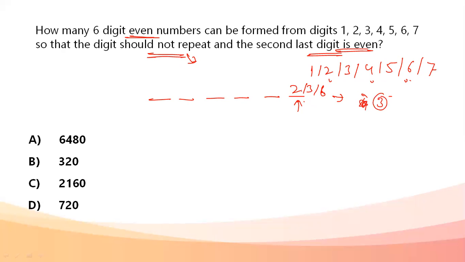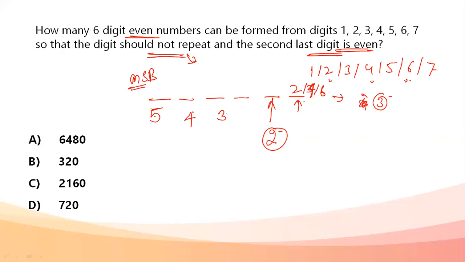Okay, one of them is obviously going to be used here. If one of them gets used, second last place is also even needed. So if one of them gets used here, only options remaining to me are two. So this place, tens space can be filled in two ways. Okay, now out of seven numbers given to me, two are already used. Remaining, if I talk about the first place, the sixth place, the MSB, now we'll start filling from MSB. This place can be filled in five ways.